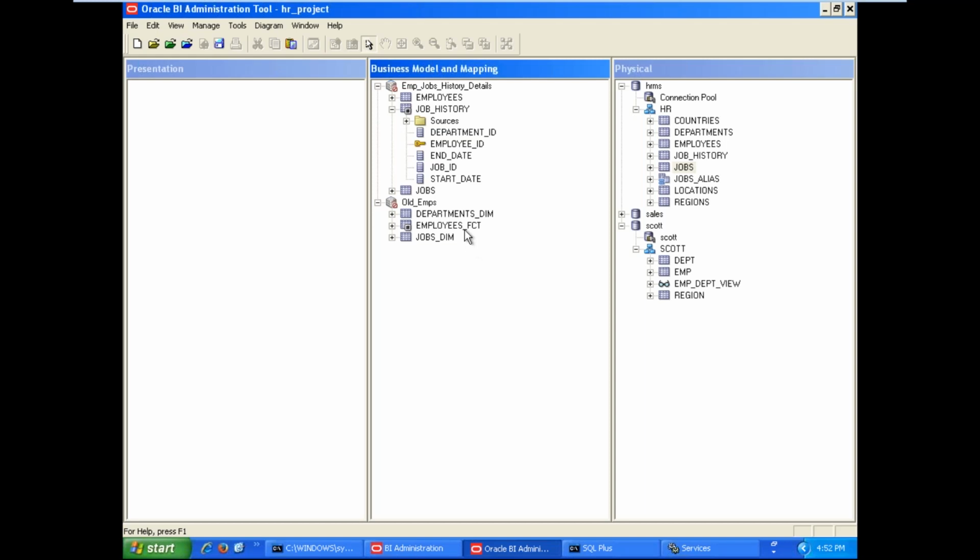The employees underscore fact table is the actual fact table. The actual fact table has at least one fact, at least one measure. If no measures are available in a fact table, that is called a factless fact table. In the job history fact table, we don't have any facts. That's why it is a factless fact table. One by one we can derive the business models like this in the BMM layer. Here we derived 2 business models from one physical diagram available in the physical layer. From each physical diagram, derive at least one business model, or more than one.